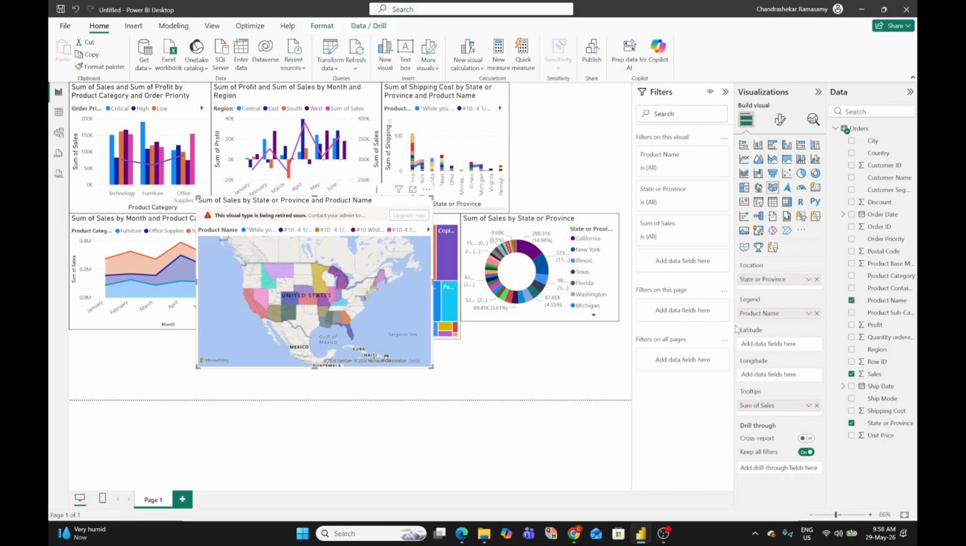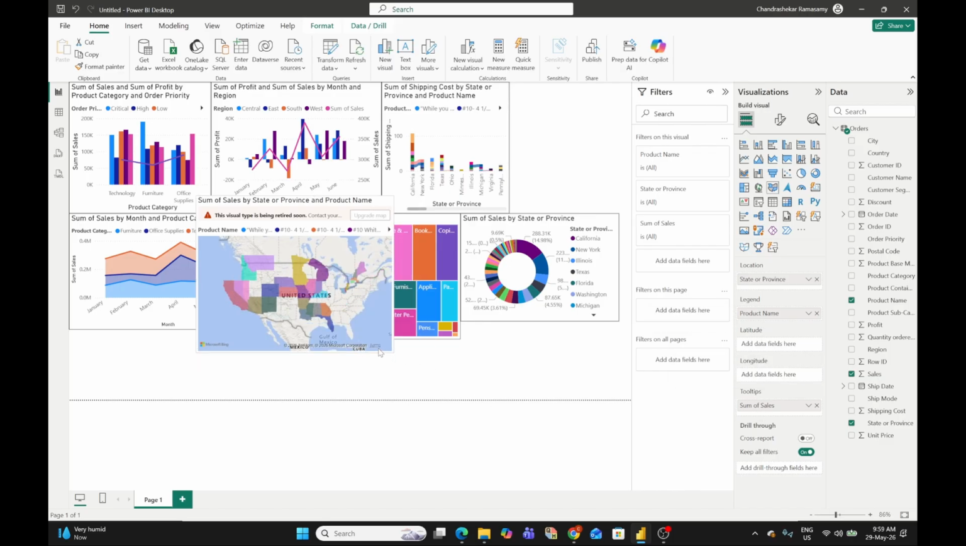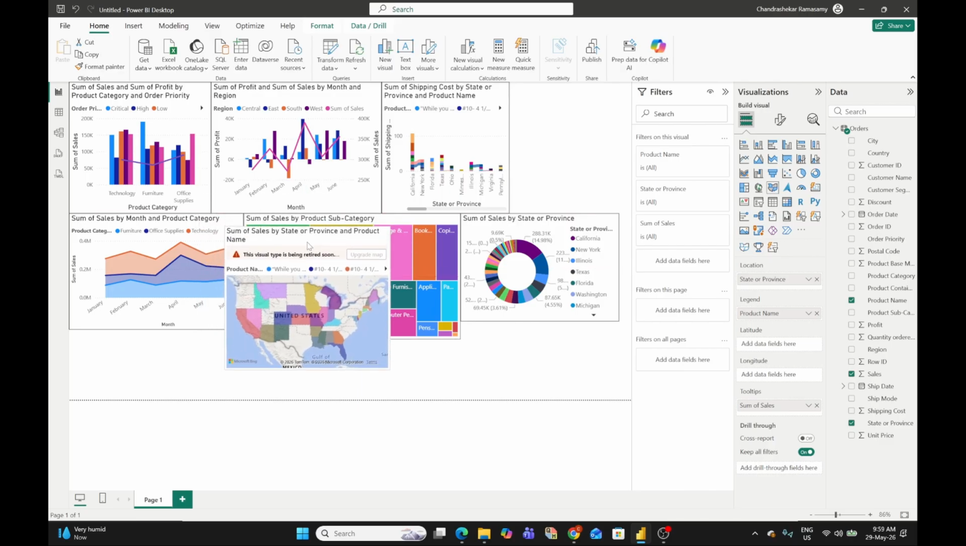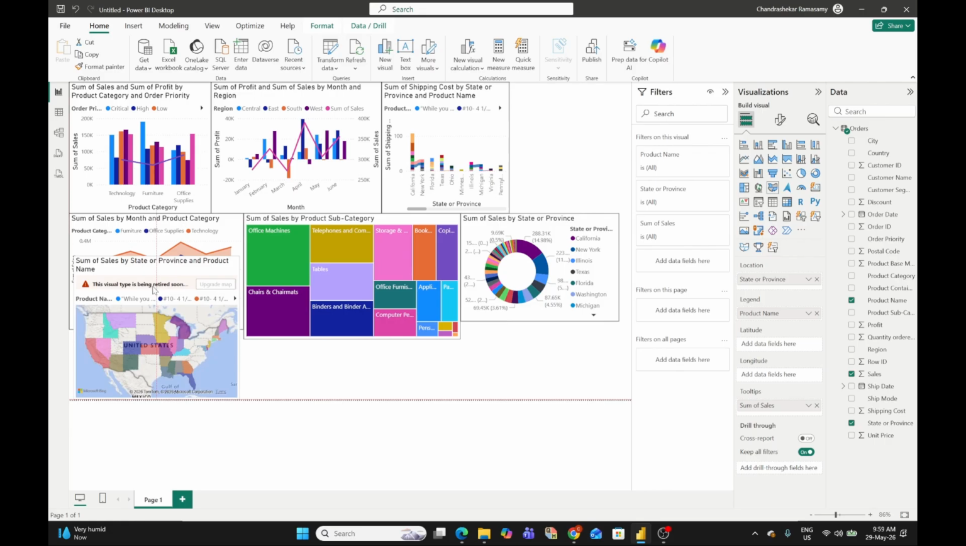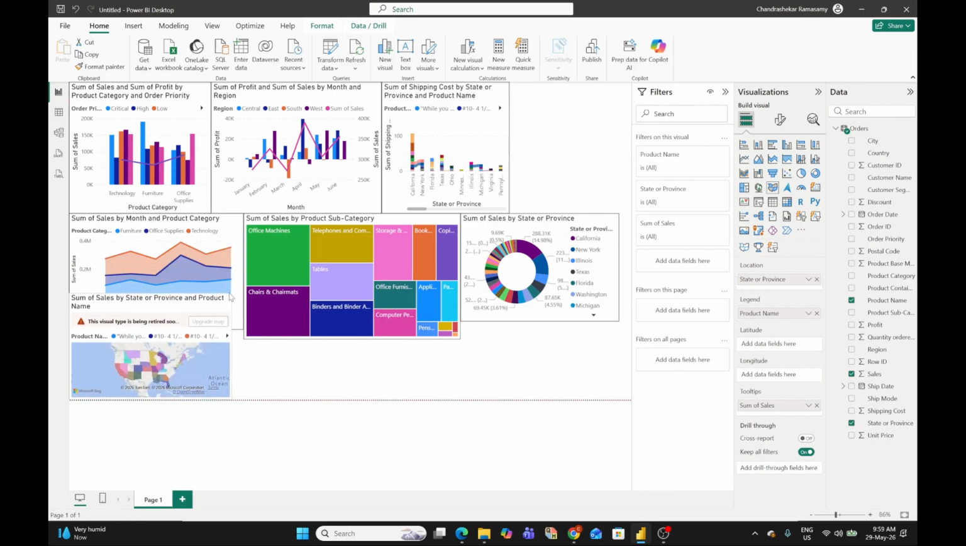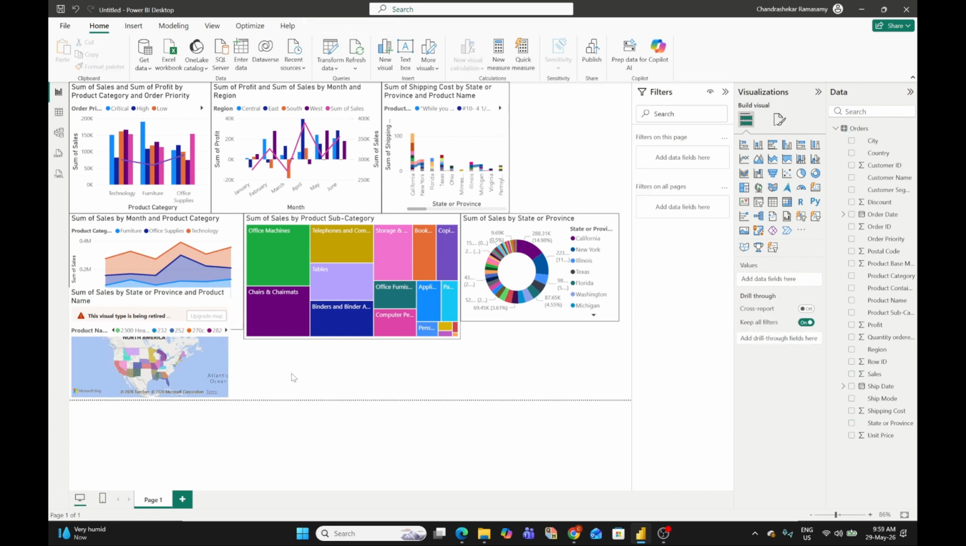So my thing is location is state or province, legend is product name, tooltips put sum of sales. So I'm just going to put it somewhere here. Later I'm going to arrange it nicely. Now I'm moving to